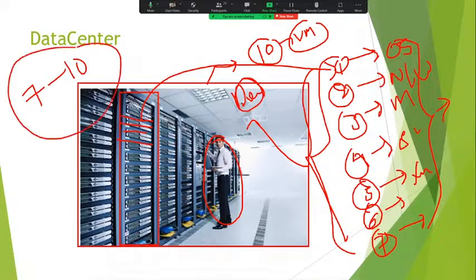Why? Because we have to submit the request. It should be approved by the manager. Then it will go to the data center team. The data center team should allocate the space for these 5 servers, depending on business requirements. Then installation, configuration, management, verification, and checking security and vulnerabilities.